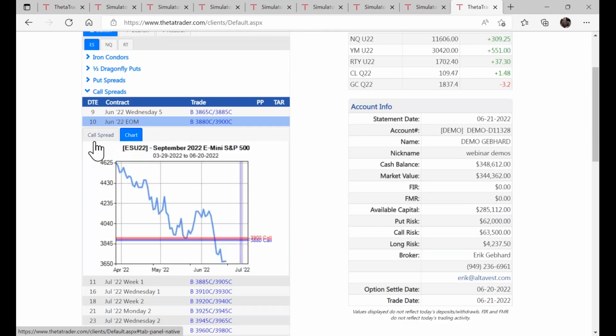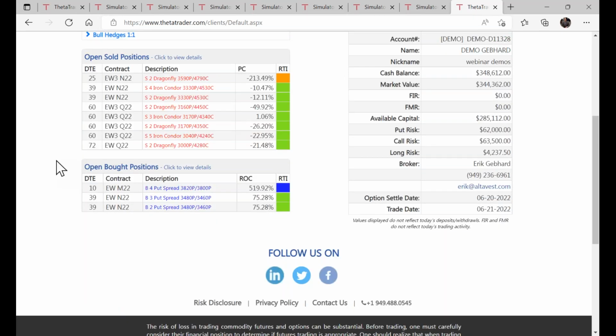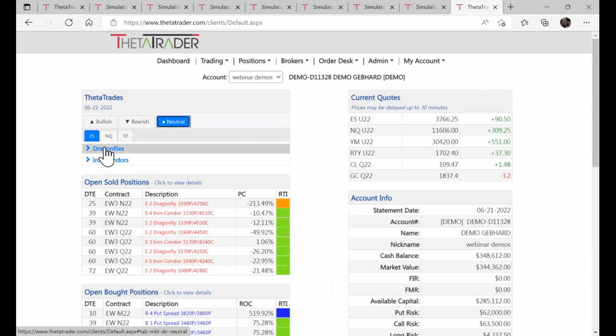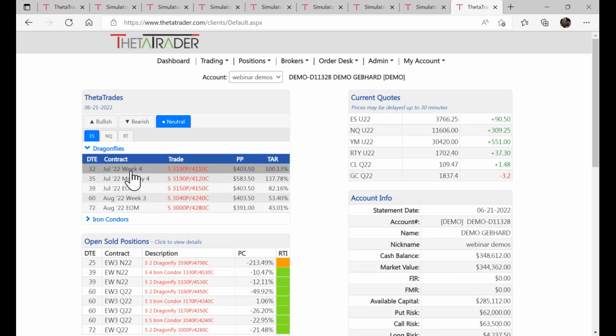But you can see here's a call spread, for example. This is what the market's been doing, and then you look to buy this call spread and maybe catch a bounce, for example. That's more of a directional play, shorter dated, kind of a lower probability outcome. We like to look at the higher probability outcomes with these short option strategies where you collect the premium and where you have those deltas, really